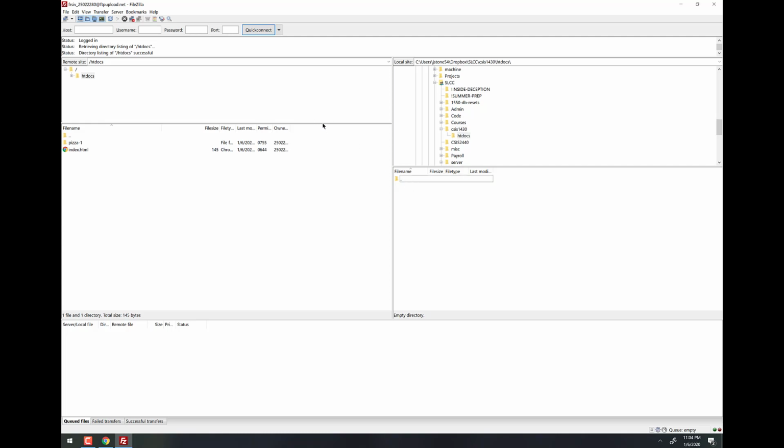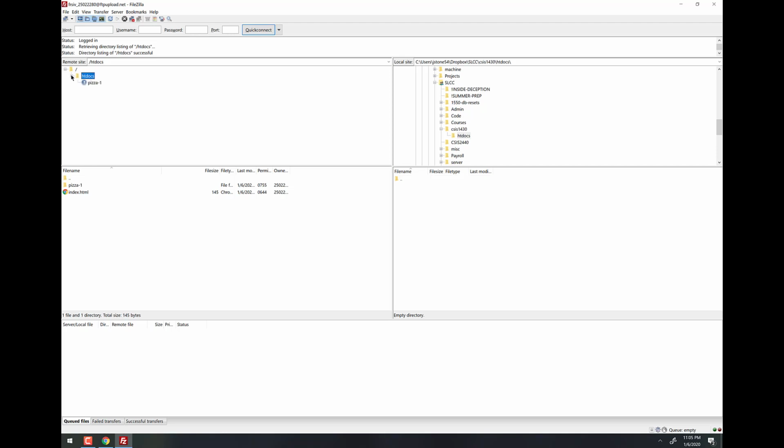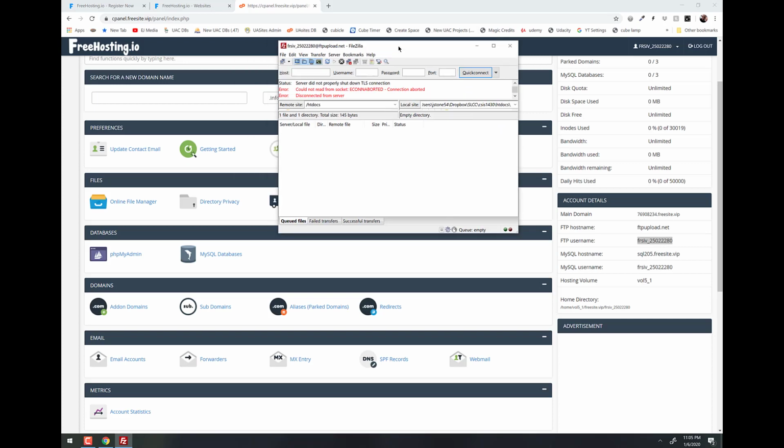All right, now I'm going to line these up roughly side by side, so that on the left I can see my folder structure, that's my actual server, and on the right is my folder structure, that's my local machine. Again, yours may be backwards if you didn't switch it like I did. But notice the problem: my local machine on the right does not have the index file or the pizza folder. Well, they need to match up, okay?